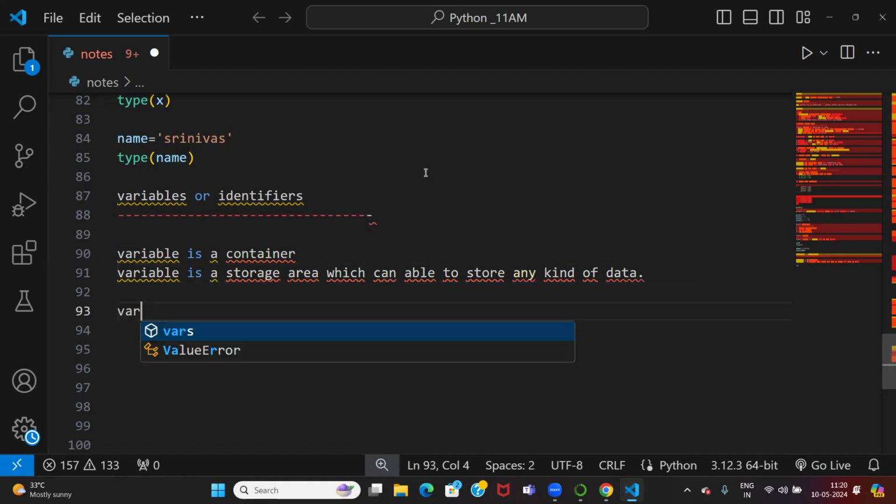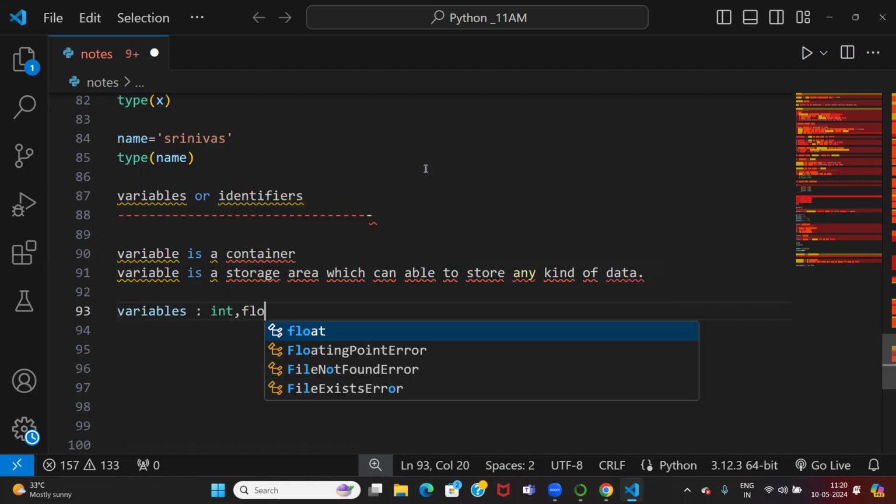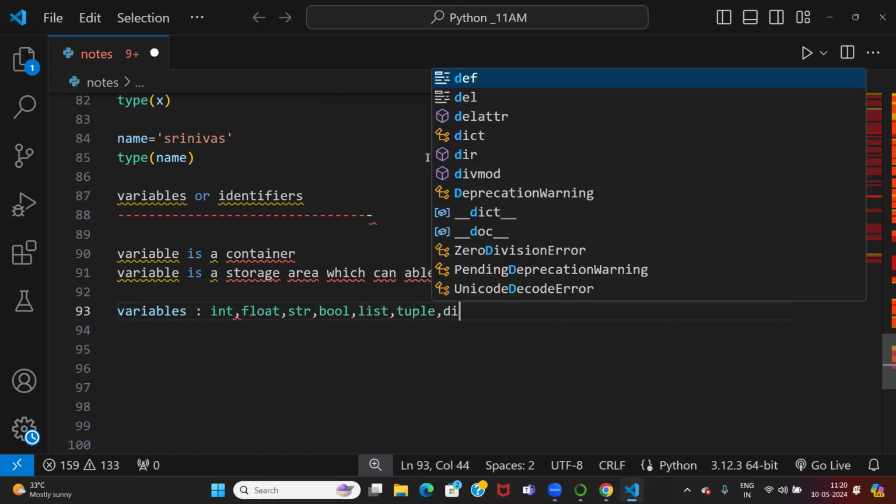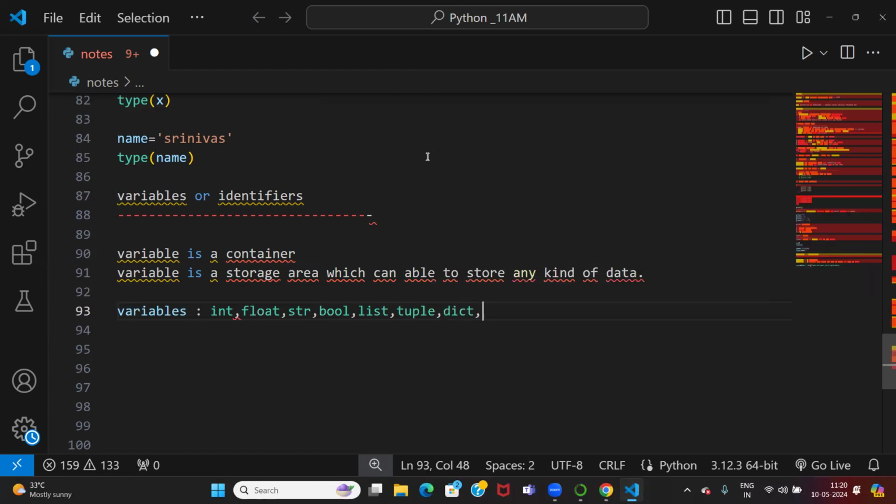So inside the variables, I can store integer values, float values, string values, boolean values, list values, tuple values, dictionary values, and set values. Whatever data types we have, all kinds of data types we can store in the variables. And one important thing we need to understand is what the rules and regulations are for